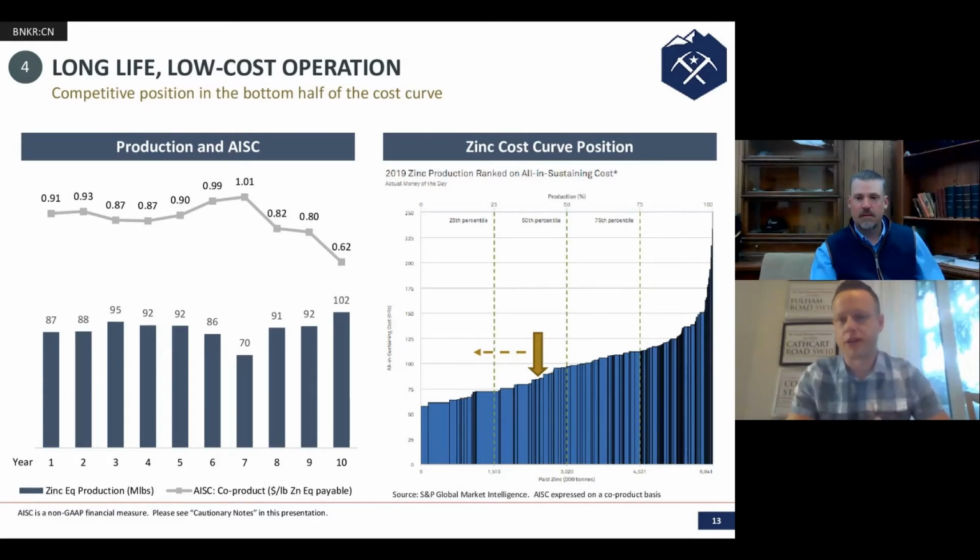You see on the right-hand side what that means for our cost position. We see ourselves in the bottom third with potential to reduce that further. Obviously, that's where you'd hope to be in terms of being able to ride the ups and downs in the cycle. There is a lot of headroom, as viewers know, to the spot price right now, which is at about $1.35 per pound of zinc, and in a very favorable market for miners in terms of treatment charges and the supply demand on the marketing side. If we go to the next slide,